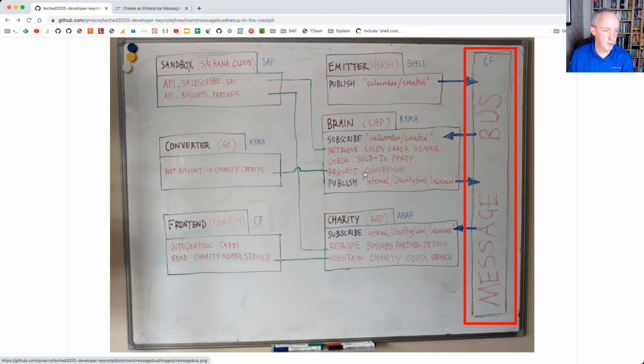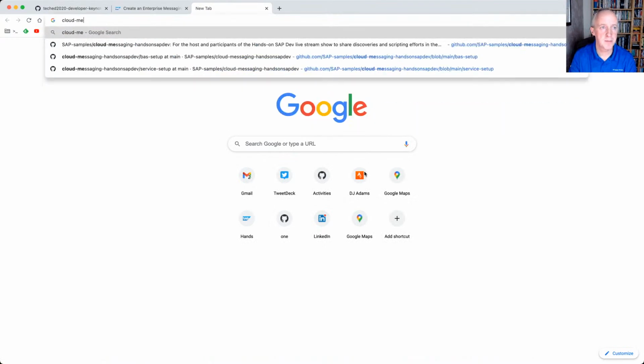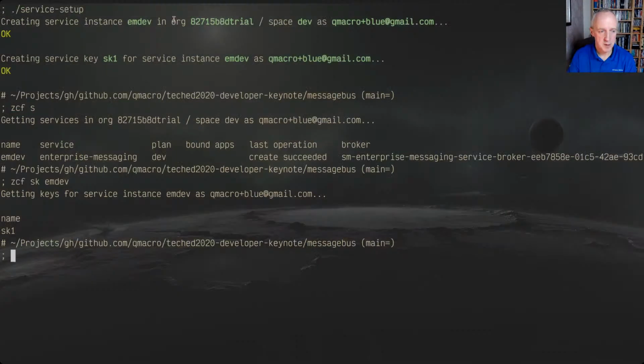So it's 8:35. So we've got 25 minutes to start kicking the tires and maybe getting a little bit more familiar, or refamiliarizing ourselves, with what the enterprise messaging service is all about and what it offers. Now, in order to do that, there is another repo. Those regulars will remember cloud messaging hands-on, that we've got a repo. Let's just share that